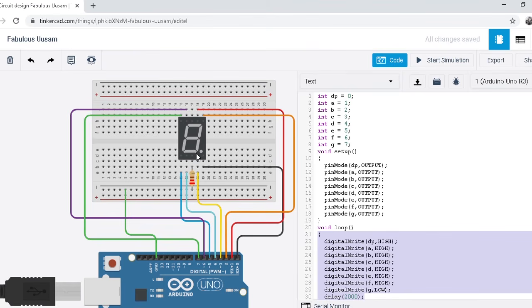For 2, similarly, we have to do the coding up to 9, and I will show you one by one.